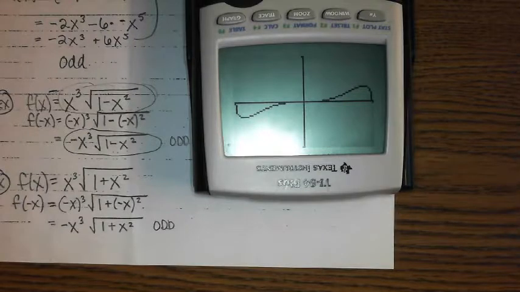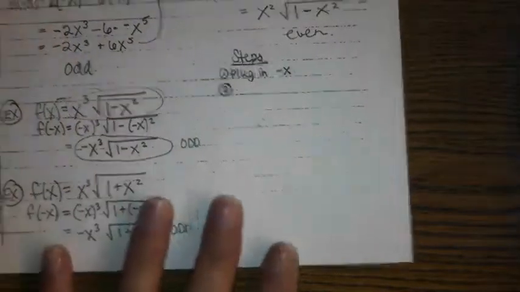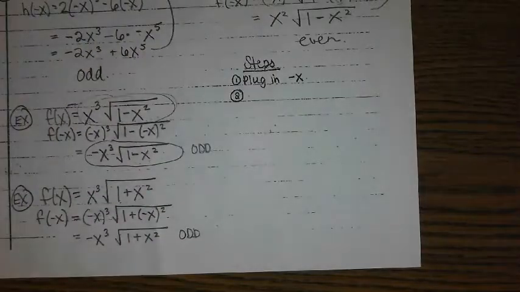Okie doke? So I guess the new learning point is be careful, because you're now checking for even and odd functions outside of just polynomials. It's not necessarily just all the signs are flipped, which was the general rule you were making for polynomials, because